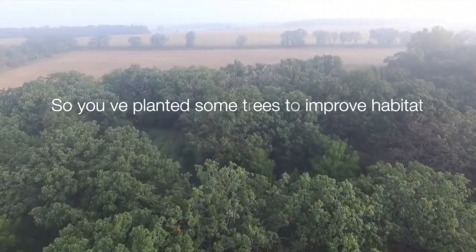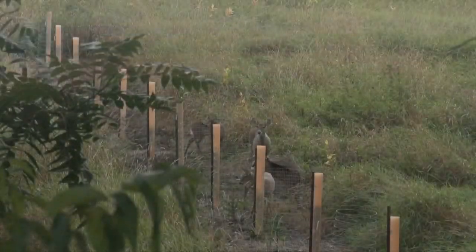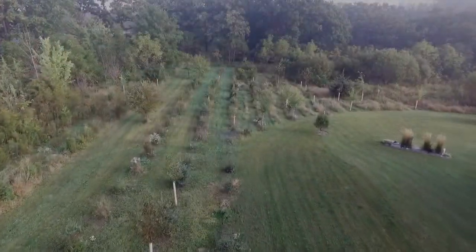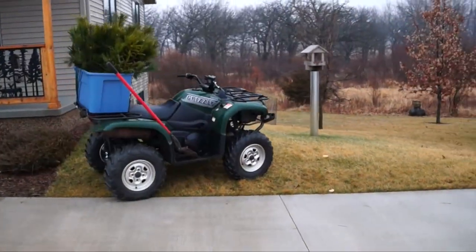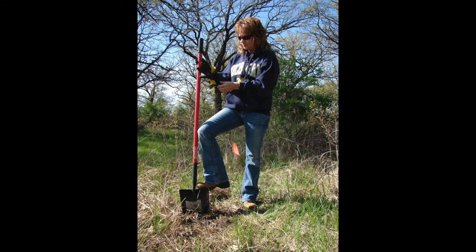So you've planted some trees to improve habitat. Now what? The odds of them surviving can be measured by what kind of trees you planted, the new environment that you planted them in, as well as the amount of time, effort, care, and money you invest into their maintenance. Let's face it, you already have some time, effort, and likely some money invested into these young trees getting